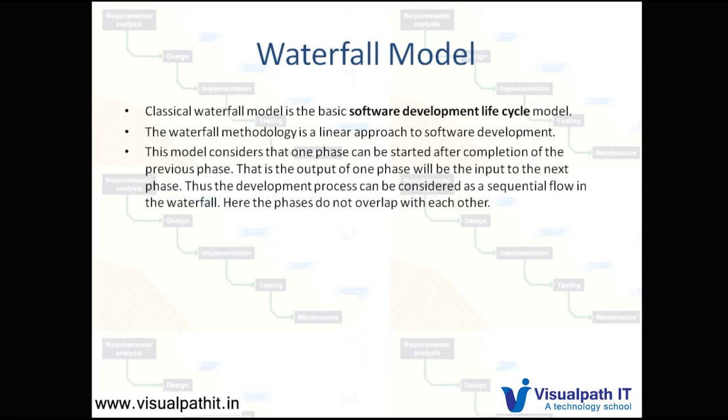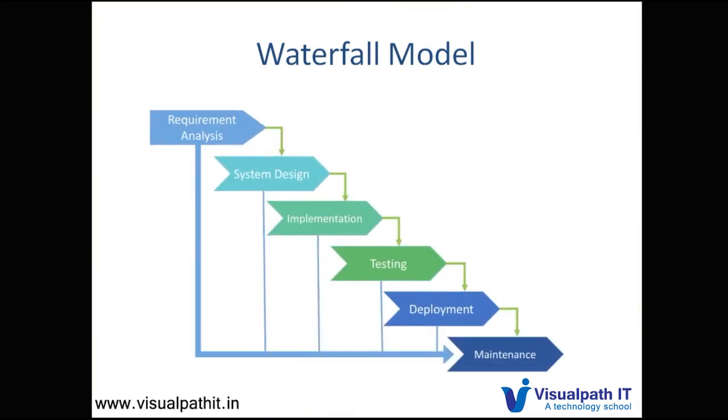So it's a linear approach. As we can see in this diagram, we have 7 different phases and it's a linear approach. It means when the requirement analysis completes, then the system design will start. There will be some entry and exit criteria for each and every phase, and on completion of that, the next step will start. So it's a sequential phase. It's not like requirement and designing going hand in hand. No. After the completion of one phase, then the next phase will start. But